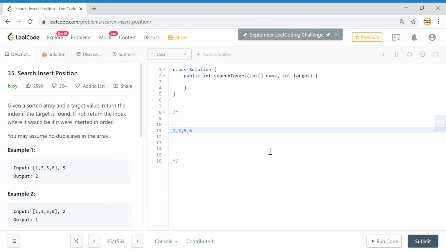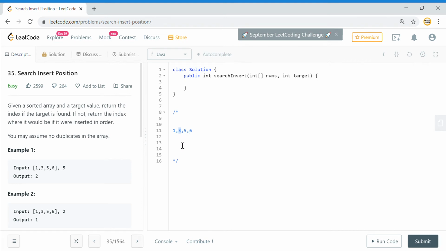Now binary search reduces the problem to a logarithmic time complexity. The reason being, we follow something called divide and conquer, where we have this array. So I will go to the midpoint. If this is the midpoint, I will check whether the target element is equal to this number or not. If this is the target element, if this is equal to 6, then I return this position. In this case, this is not equal to 6.